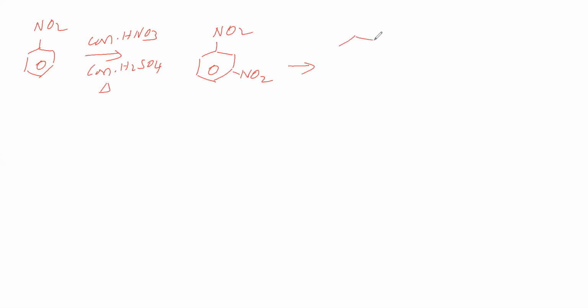So now we are converting one nitro group into an amino group, and another nitro group we are keeping as it is. To do this, we have to take ammonium sulfide, otherwise ammonium polysulfide. If you take ammonium sulfide, one nitro group is converted into an amino group, and the other nitro group remains as it is.